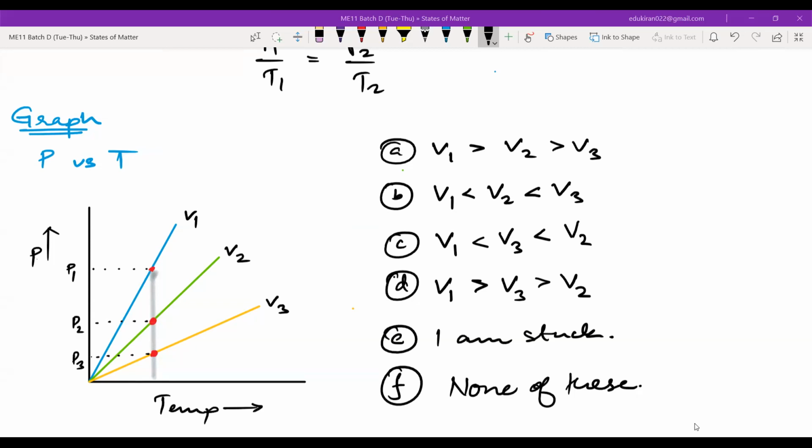And can you tell me, pressure and volume, are these inversely proportional or directly proportional according to Boyle's law? Abdul Wahid, pressure and volume are directly proportional or inversely proportional? If you don't know, please write don't know and look at Boyle's law and then answer me. Please don't give me a wrong answer because it is there in the notes. You look at your notes and tell me whether pressure and volume are directly proportional or inversely proportional.